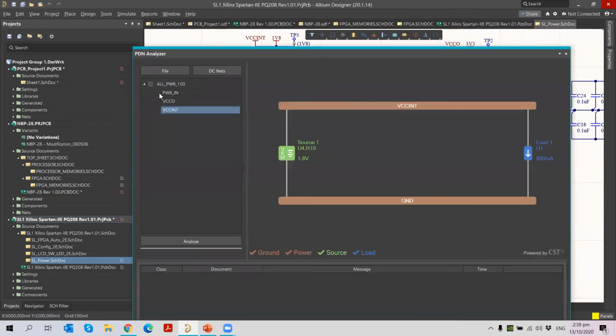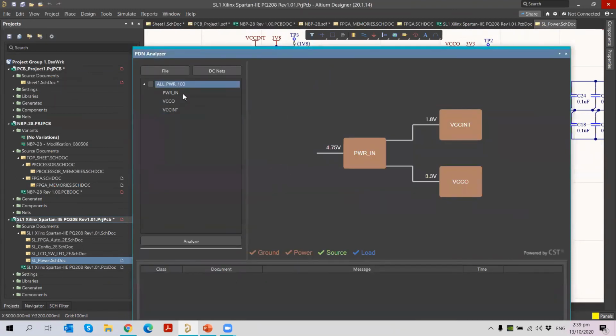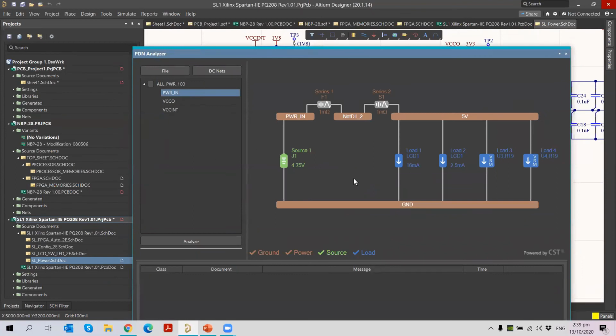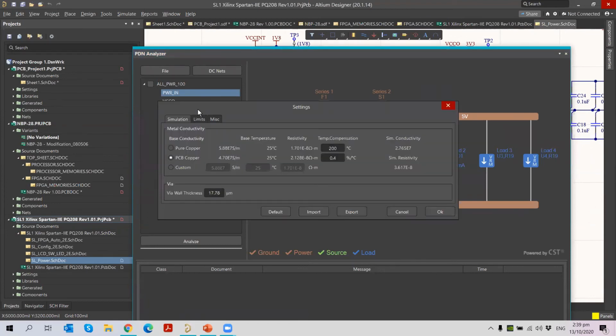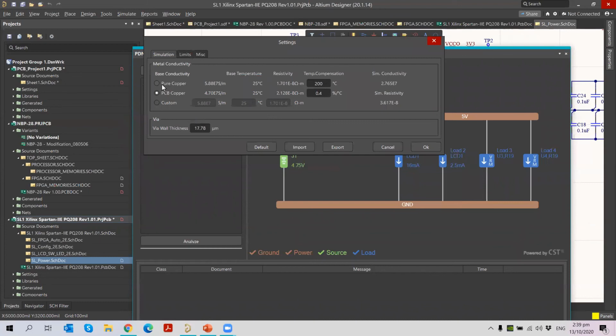So once I get this, I need to simulate this. Before simulating, we can also do the settings, like I want this to be the maximum current to flow through this layer or something like that. So just right click, you can go for settings. When you go for settings, you will see the simulation settings here. You can choose pure copper or PCB copper. You can choose it here.